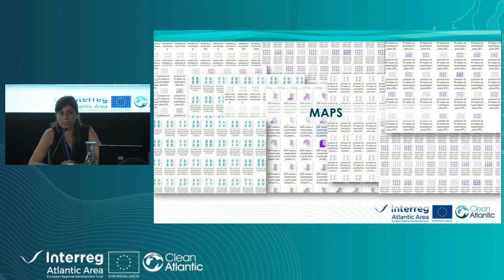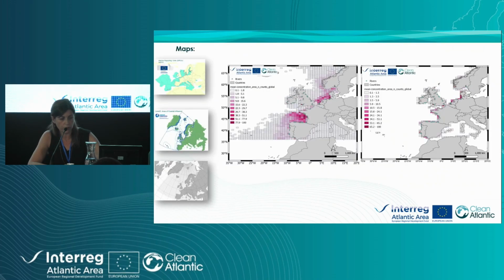So these would be two types of simulations, and with all of this we obtained thousands of maps, and we had to harmonize all of these. We had to be more specific in order to get outcomes for the project. So we selected 3 preset areas of interest: the marine reporting units of the marine strategy, or the OSPAR areas, or the